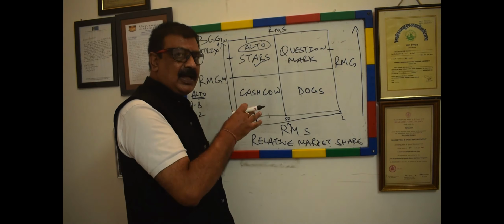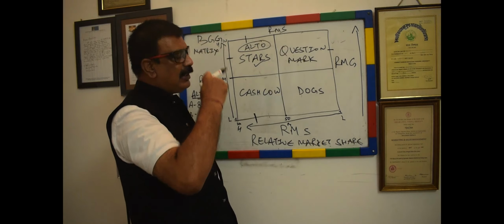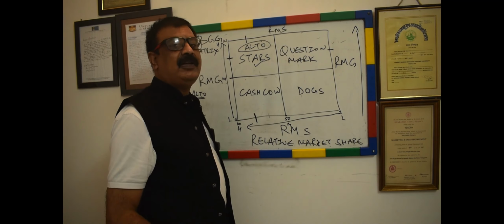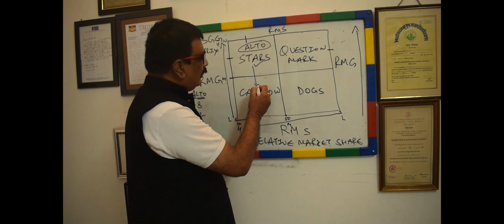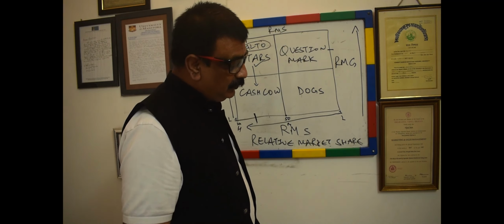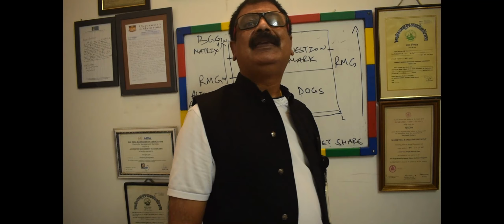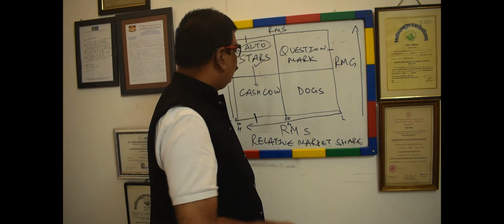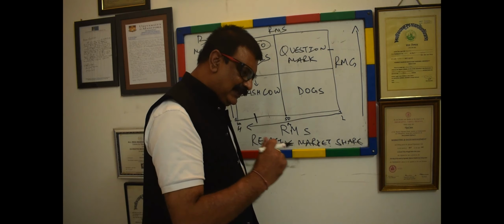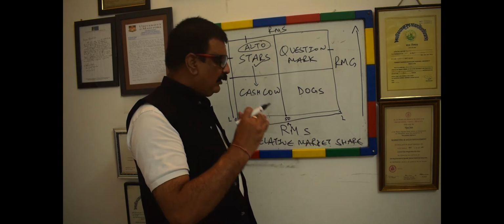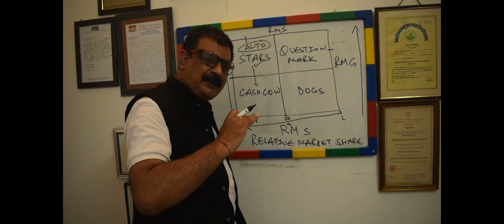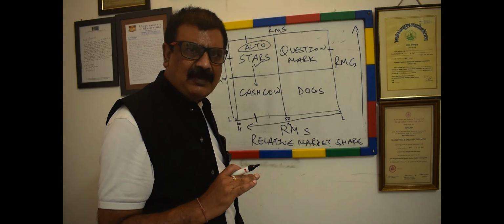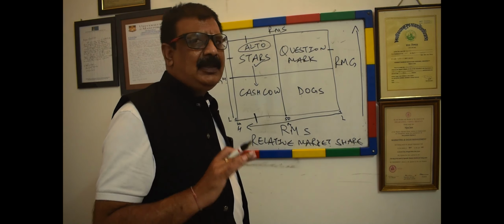The problem with stars though is that to be a star and to remain in that position is very, very difficult. So we would like our star to be converted into a cash cow, which Maruti Suzuki believes Alto is today. Right? So in a cash cow, what is it? Consistent sales, revenue is coming. You just have to maintain the market share, just uplifting and modifying the product every 2 or 3 years, and it will give you returns.